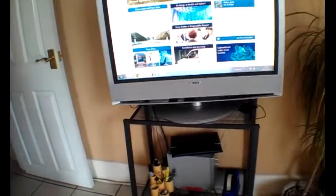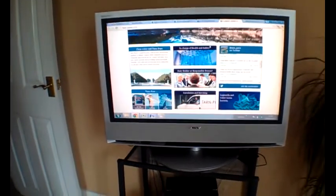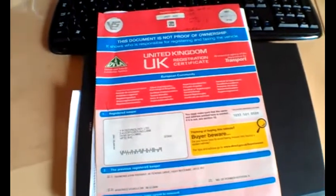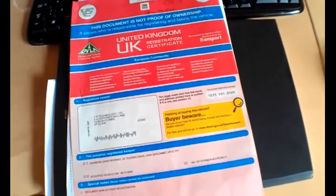And the website is there for the company. Tarn Pure is their new name, and that's the company who ran this vehicle. So hopefully we'll have some decent documentation regarding service history. So if you bear with me, we may get a service book and some receipts and bills. If this is very important to you, which often it is, give me a call and we'll discuss it. And there we go. Right, let's return back to the...